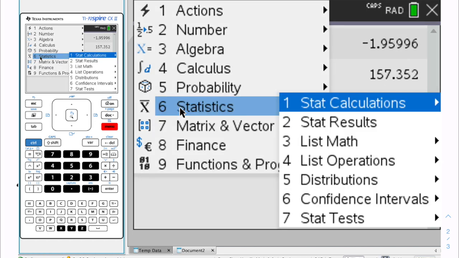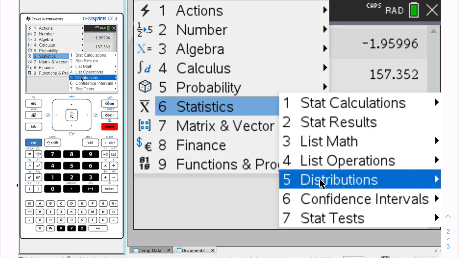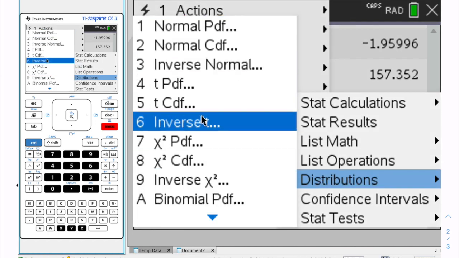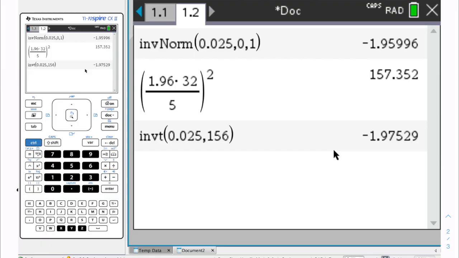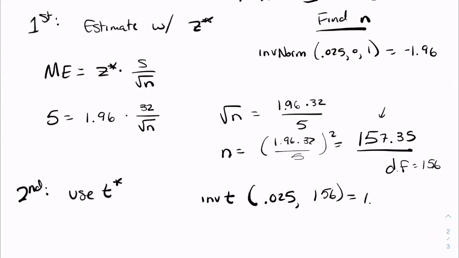So we're going to say 156, and that's going to give us a critical value of 1.9752. So again, now that we have it, our margin of error formula is equal to t star of n minus 1 degrees of freedom